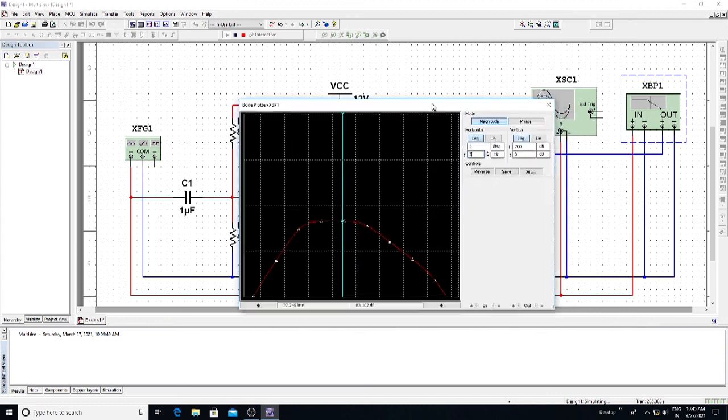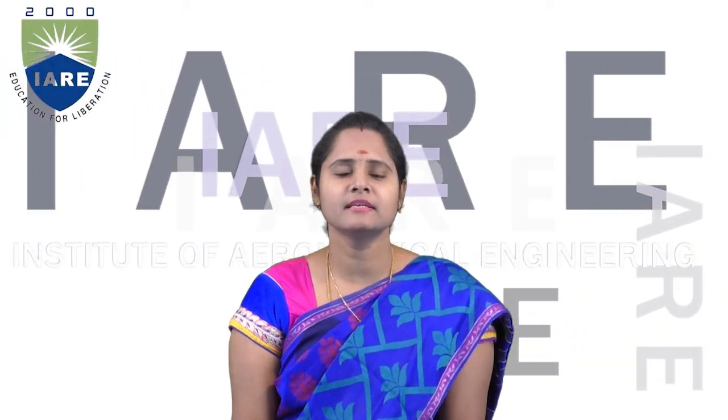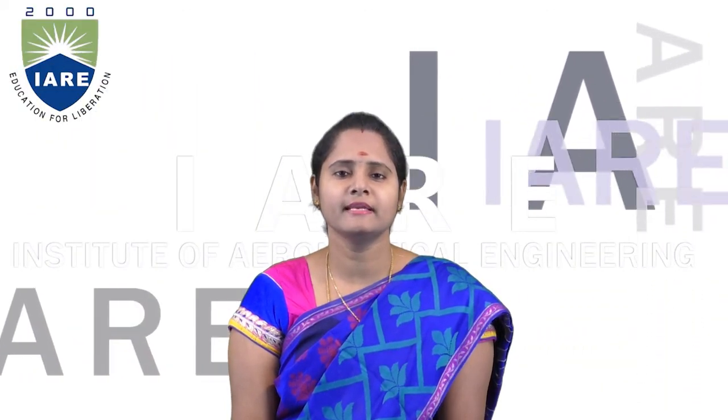So note the values for all the frequency ranges with the corresponding gain in dB, and we should draw this graph on a semi-log scale, right, where the x-axis should be the frequency range and the y-axis in dB. In this experiment, we have seen the increase in gain, that is nothing but 83 dB, by using a two-stage RC coupled amplifier.